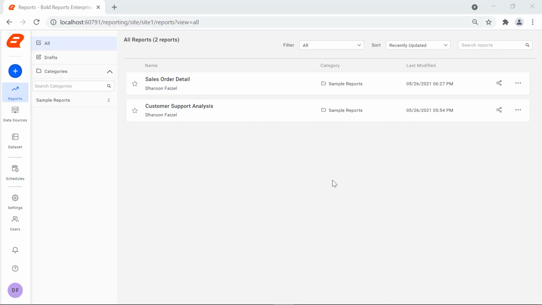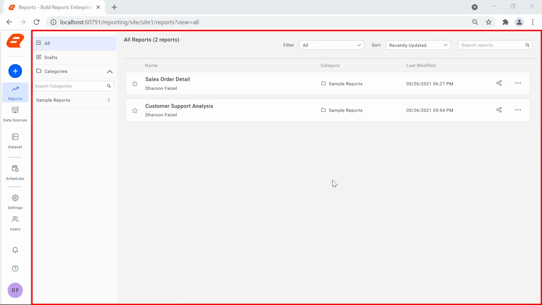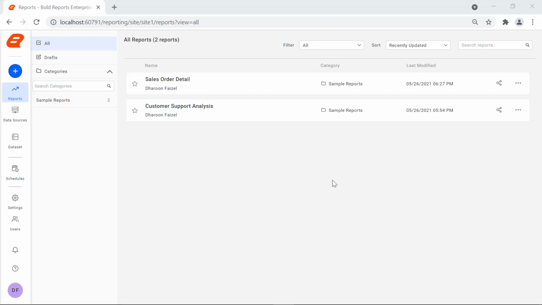Once you have installed the Bold Reports Enterprise Reporting, or register the cloud reporting, you will get the following UI. The home page of the site is split into two sections. The left section is the navigation bar, and the right is the detail view. The navigation bar covers 1/10 of the page, and is used to navigate across module icons such as reports,